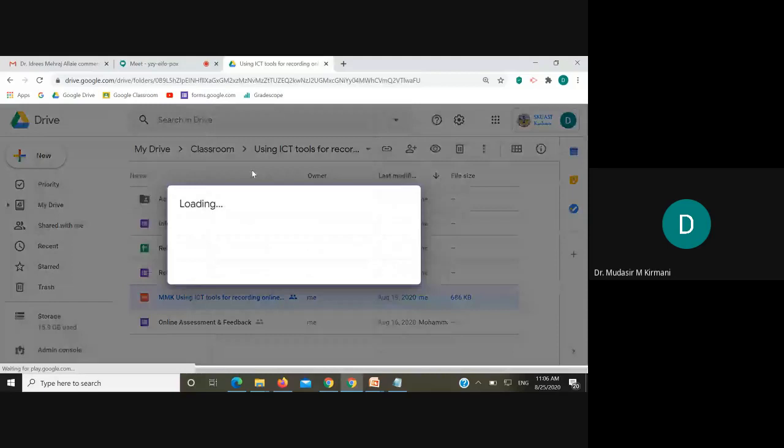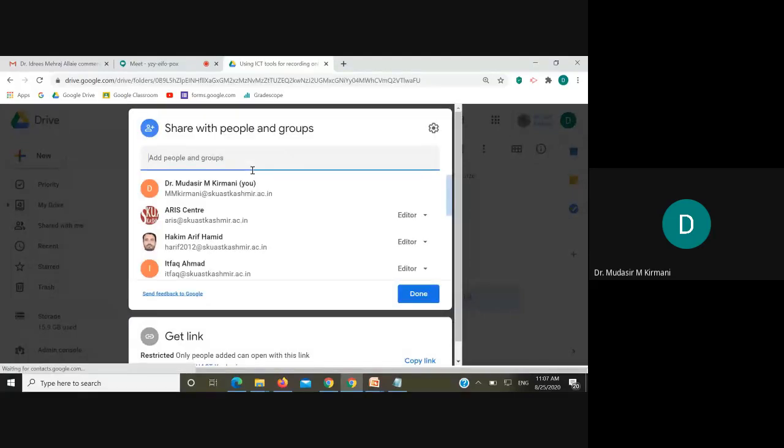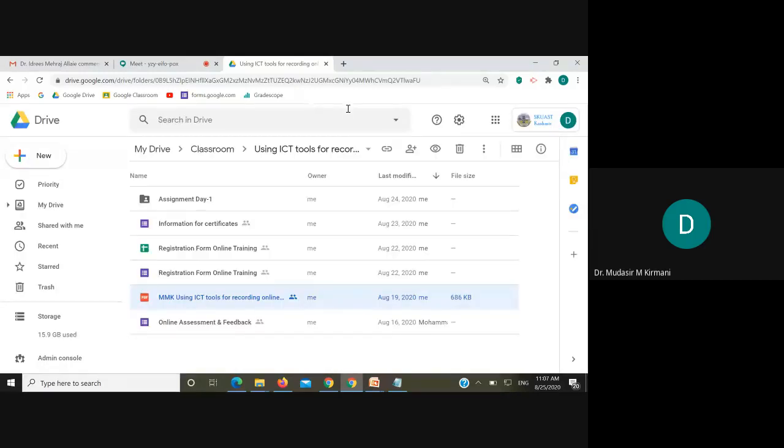Now you can share this document with people whom you want. You can share it with people and ask them to contribute, to improve on this document, to become collaborators for this document. So this drive helps you in preparing a document and sharing it across with people so that they can put in their comments and you can have a summarized document wherein everybody's collaboration is included.